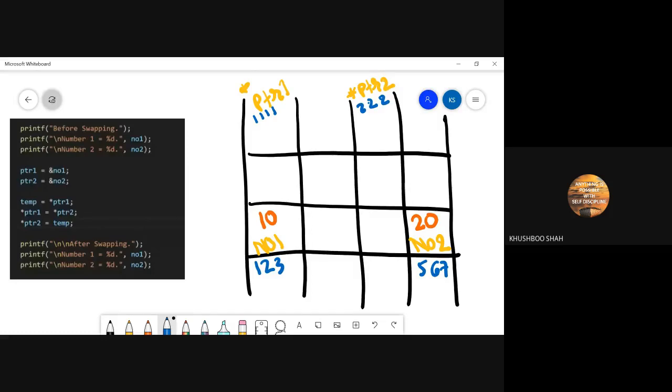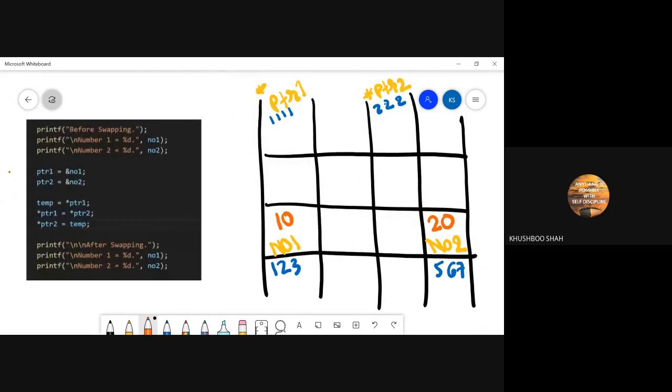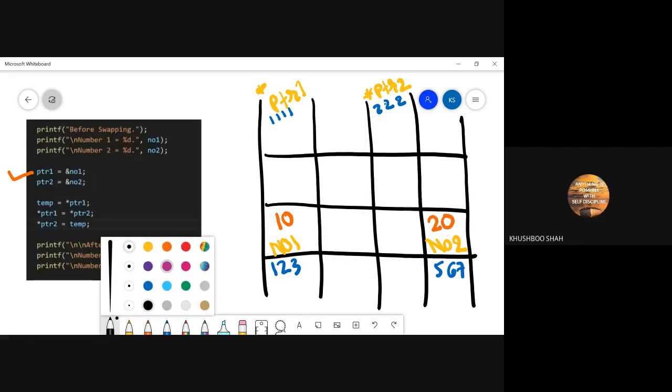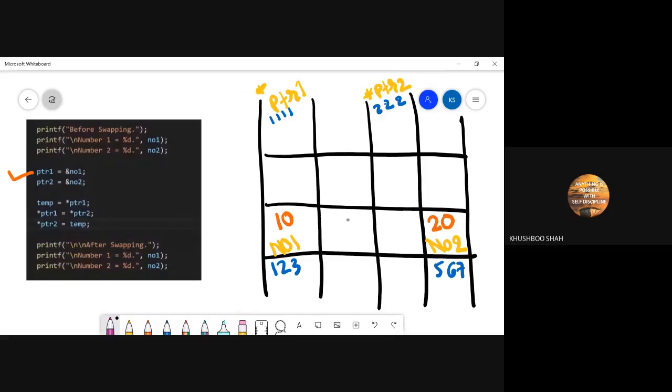Now what will happen when I say, talking about this particular statement, PTR1 is equal to ampersand no1? What is the value of ampersand no1? 123. So this 123 I'm assigning to PTR1. My PTR1 will contain 123, and now listen carefully.